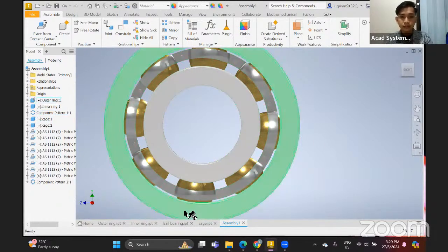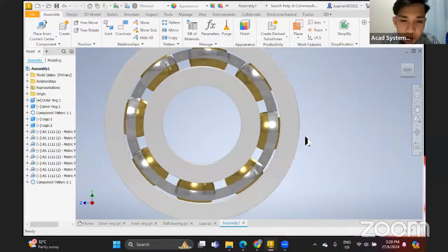So I think that's how to make sure the clearance is good, how to change. What do you mean by the clearance, Hanan? Between the ball bearing and the cage and